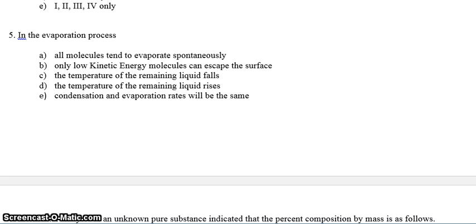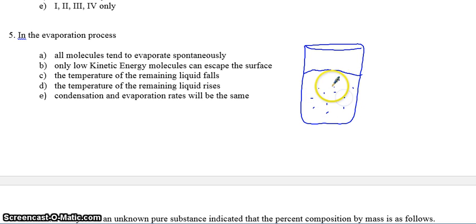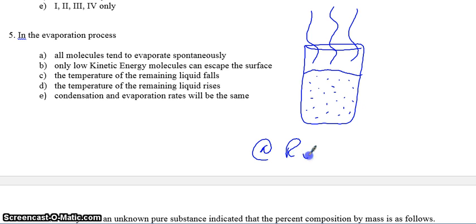in the evaporation process. This was a bit tricky, and I don't know if we talked about the details of the evaporation process. But let's pick the best answer. A, all molecules tend to evaporate spontaneously. This is not necessarily true. So you have a beaker of a liquid. It turns out that the molecules that are the hottest, with the highest kinetic energy, will be the ones that evaporate. So technically, even if you are at room temp, which is, you could say, 22 degrees